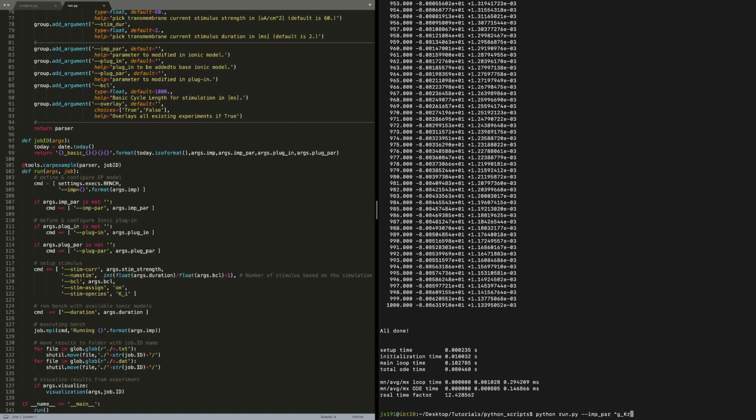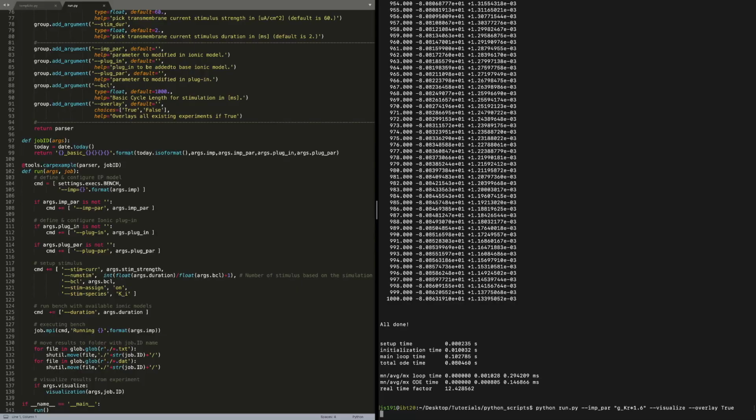In this case, we will modify a potassium channel. And first we would like to see what happens if we multiply it by 1.6. Then again, --visualize, and to compare the result with the baseline model, we can use the option --overlay